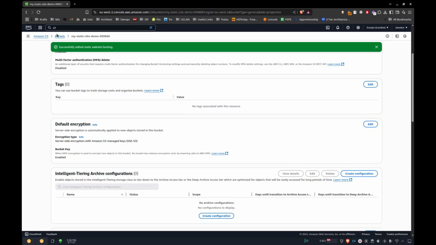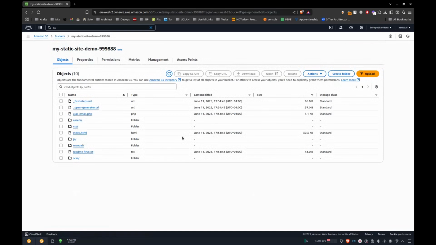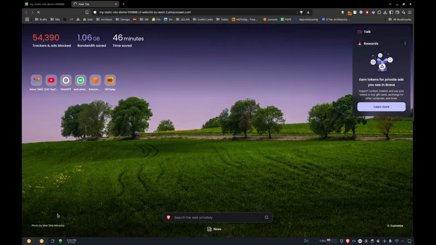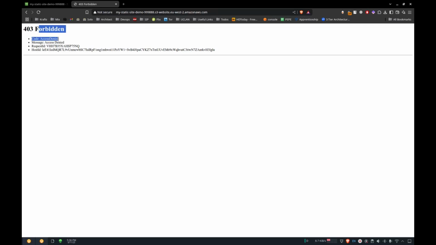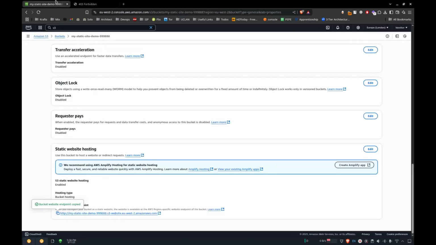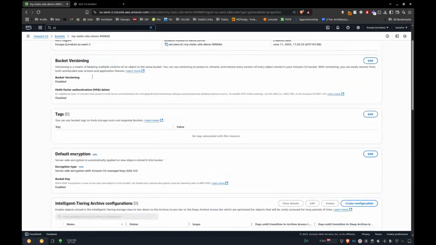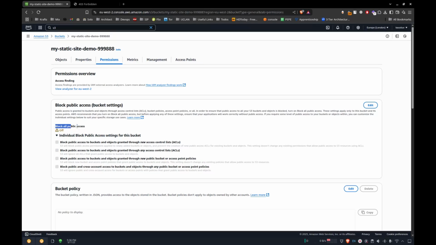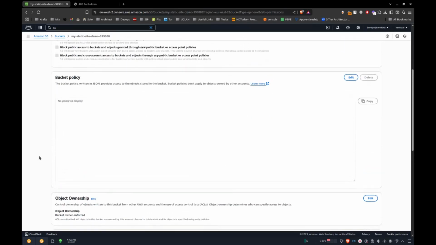Okay, now go to our bucket, go to properties, and you can see we now have our bucket endpoint. Let's copy it and open a new tab. So it says forbidden, we don't have access to it. So why is that? There are two things. The first thing is the permission. By default it was blocked and we unblocked it, but the next thing is we also need to define our